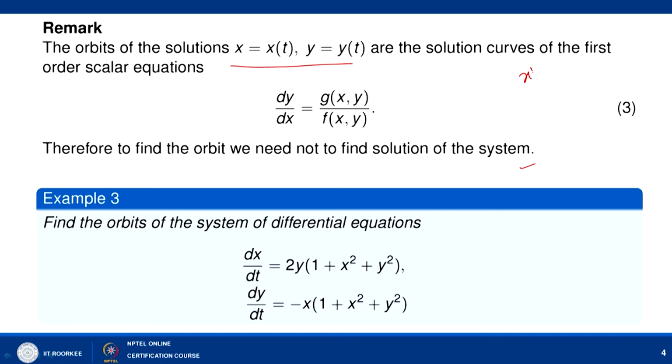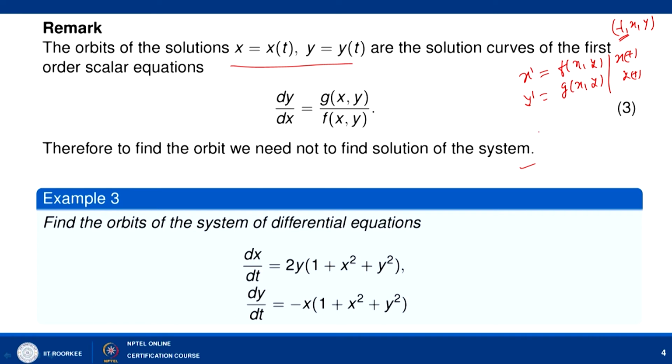Please look at what we are doing here. We have x dash equal to f(x, y) and y dash equal to g(x, y). Here we are getting the solution x(t) and y(t), and this will trace a curve in the (t, x, y) space. Orbit means we are finding a relation between the solution components, that is x and y, without considering the parameter t. It means that we are finding a relation between the solution components x(t) and y(t).